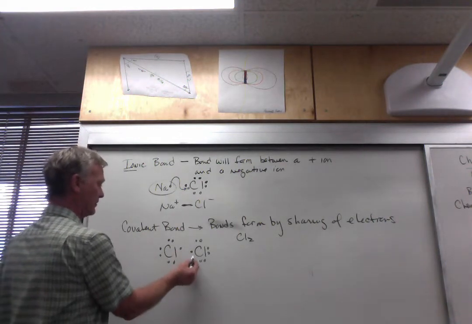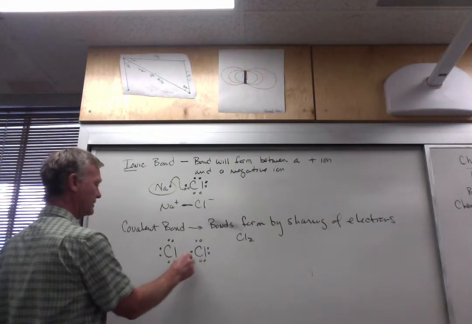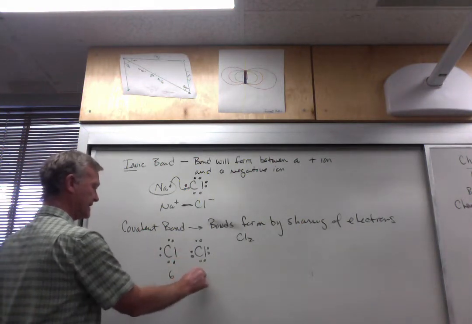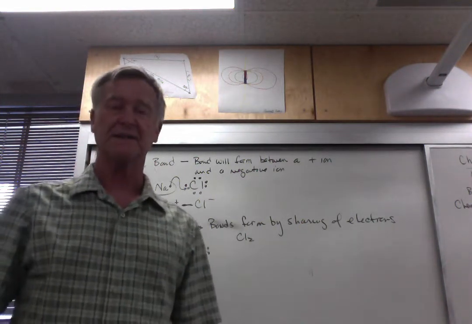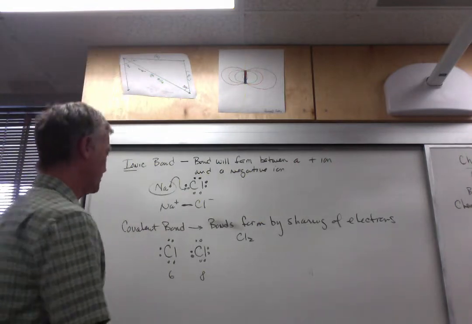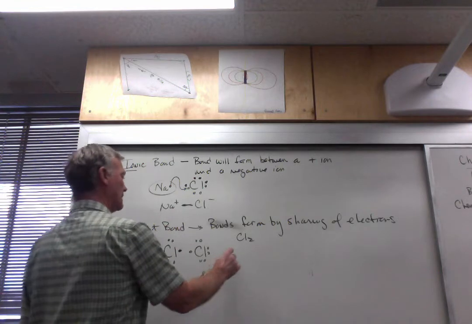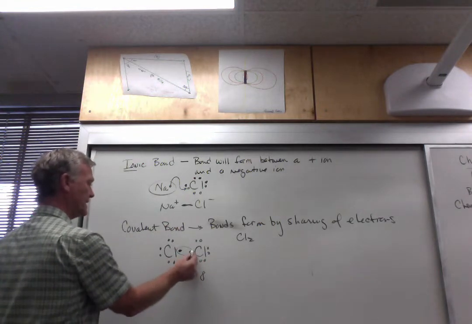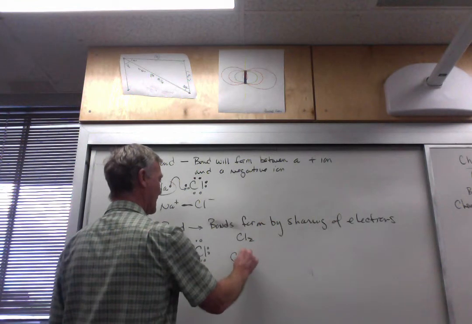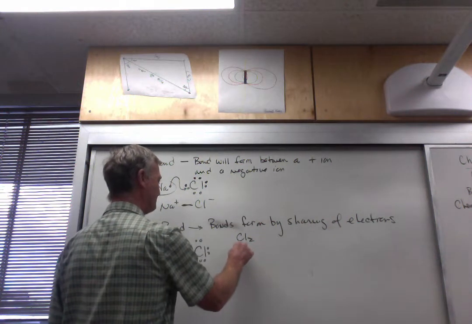This electron will move over here, but then what that would do is leave this one with 6 and this with 8. And that's not going to work. You could do it the other way, but here's what's going to happen. These two will join together. And what we'll end up getting,